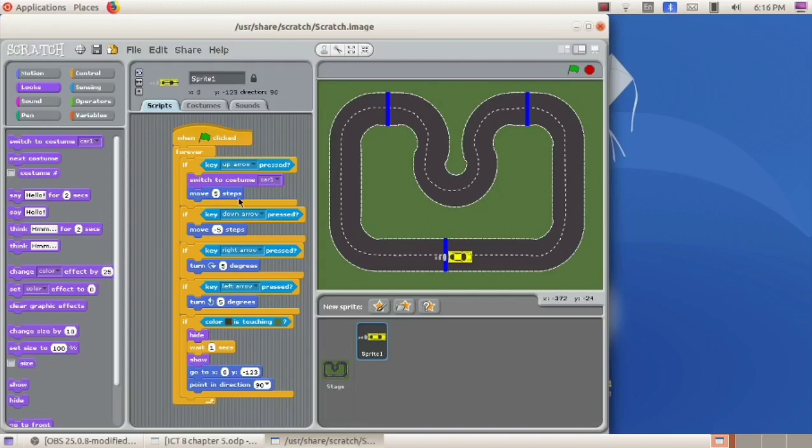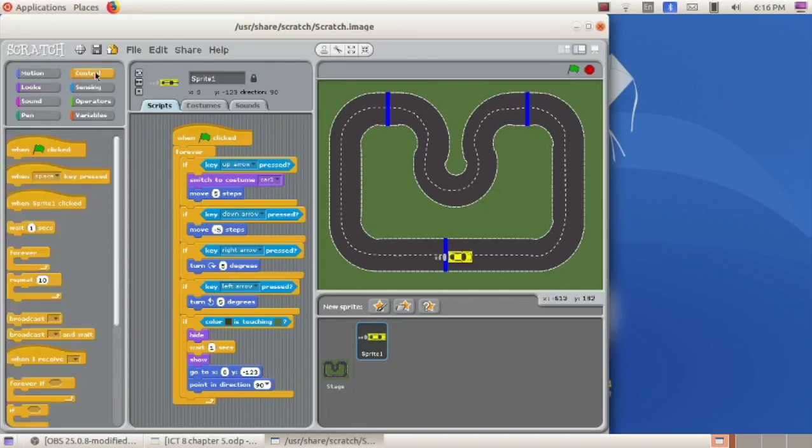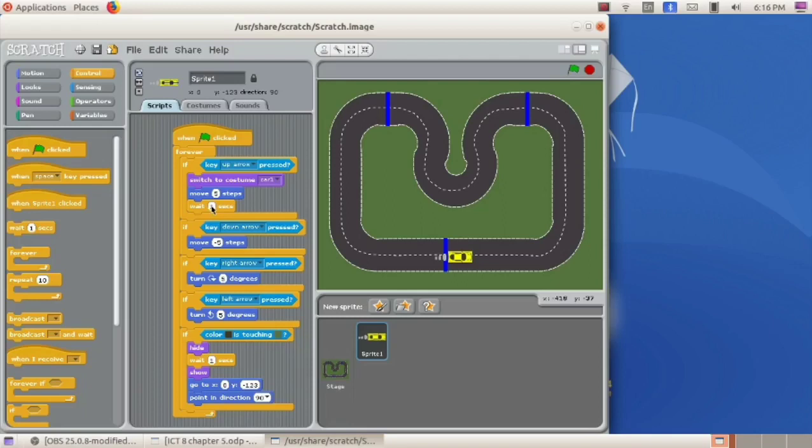After that, we have to wait for some time. For that, click on this control block. From this, select wait 1 second and place it here. This 1 second is too long. We can change it to 0.0009 seconds. So after waiting for 0.0009 seconds, again we have to switch the costume to car.